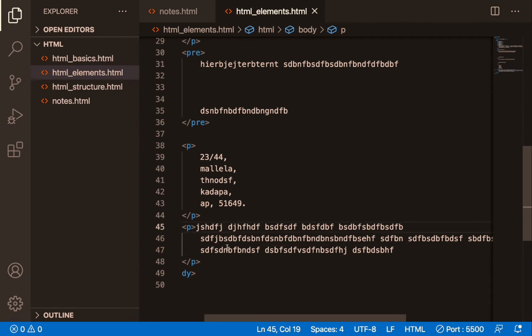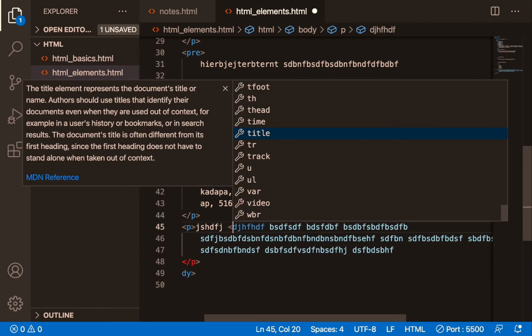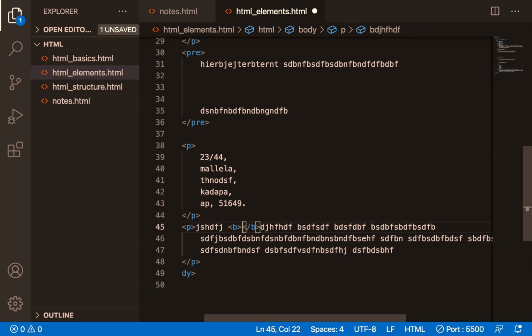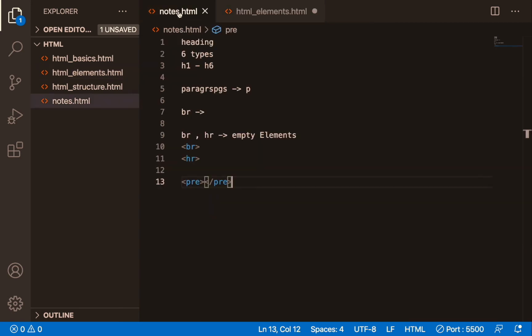You go here and write B. In between the tags you can give the second word. So what will this B do?